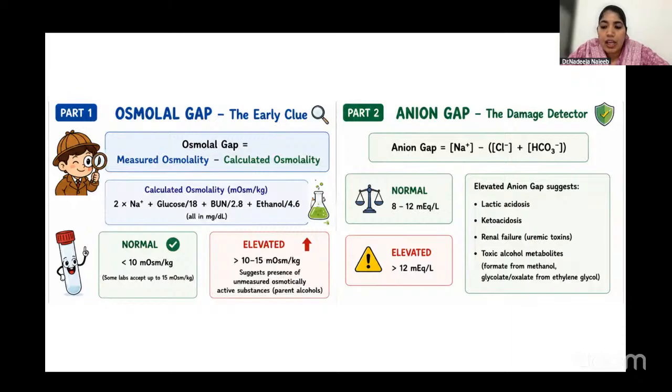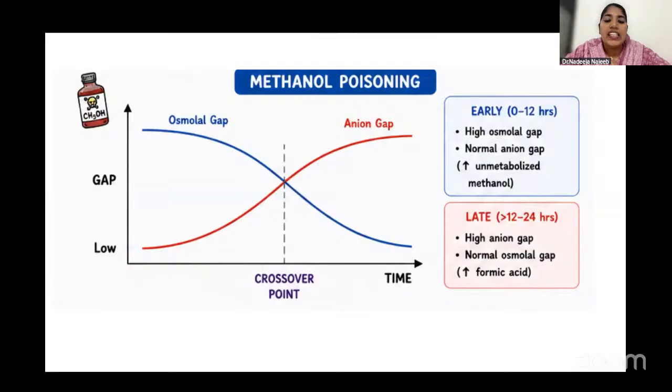In the case of anion gap, it is the level of unmeasured anions. Formic acid, which is the toxic metabolite of methanol, gets converted into H plus and formate anion. This formate anion increases the anion gap, making it a high anion gap metabolic acidosis. Let's see why this is important. In the initial